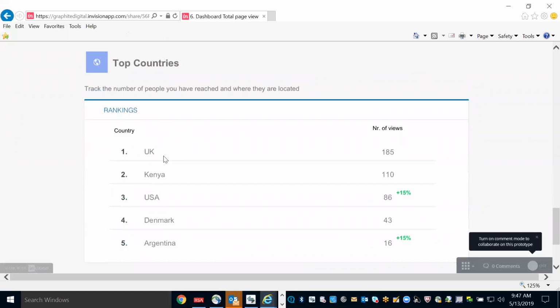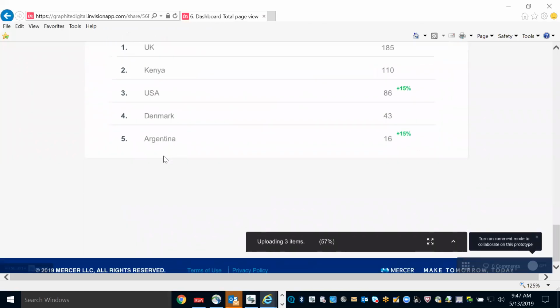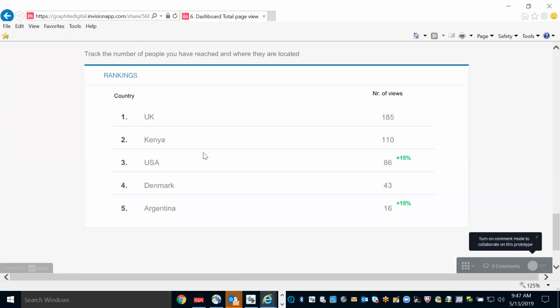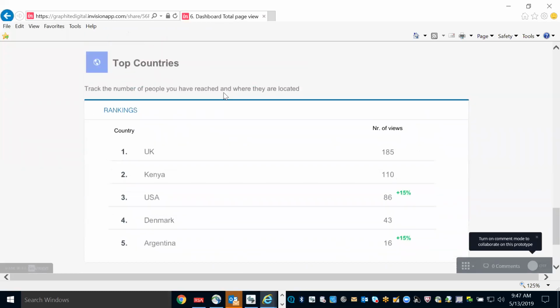Top countries. Yeah, so this is more of that web stats view that I was looking for, like who's looking at the pages that I've created. Looking at it by country level makes sense. Does country level make sense for you, and is that something you would find useful or not?